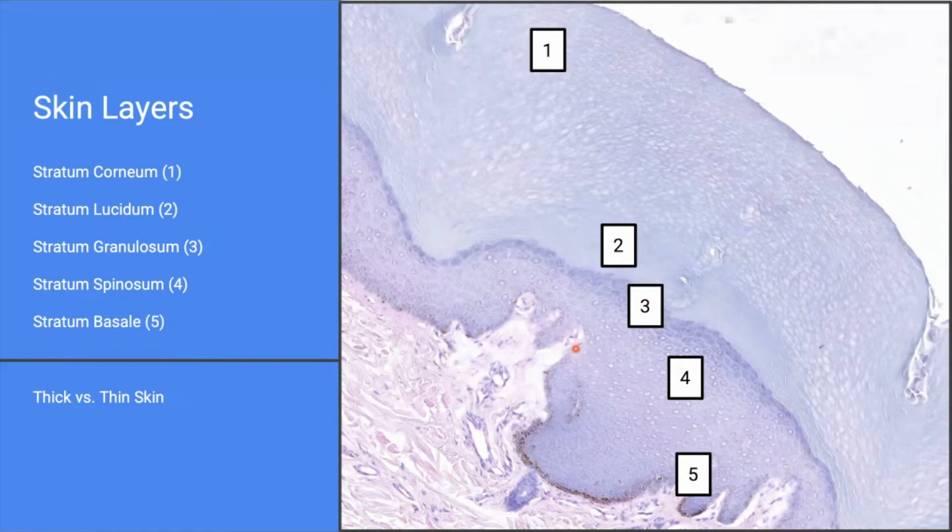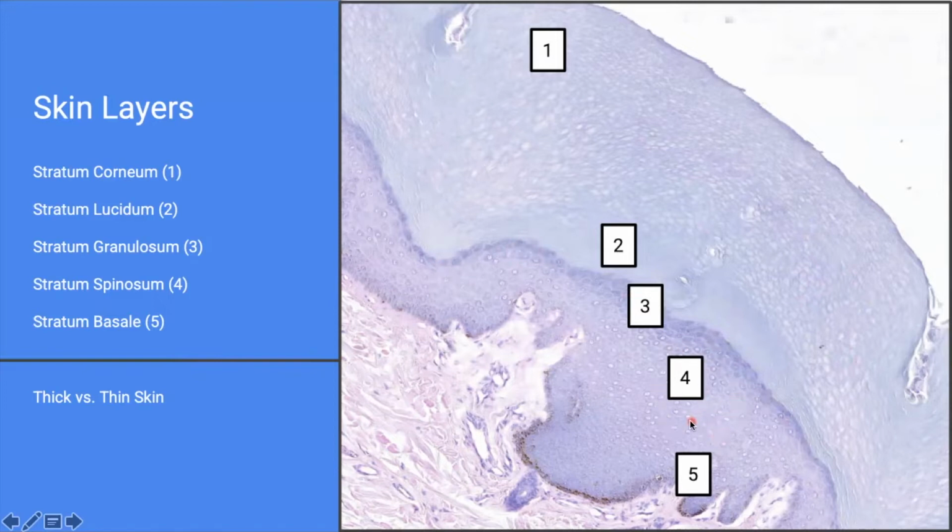So remember the 5 layers, remember their names: corneum, lucidum, granulosum, spinosum, and basale. And then also remember what different cell types are found within each. So the corneum is going to be made up of keratinocytes that have since lost their nucleus. Lucidum, same thing, it's that transition phase from nucleated keratinocytes to non-nucleated keratinocytes. That is basically just keratin up here. 3, granulosum, still just keratinocytes. 4, the